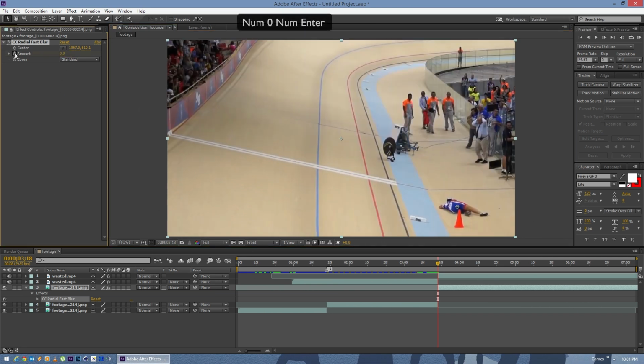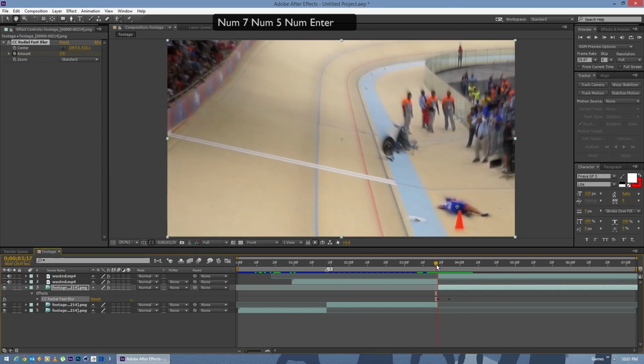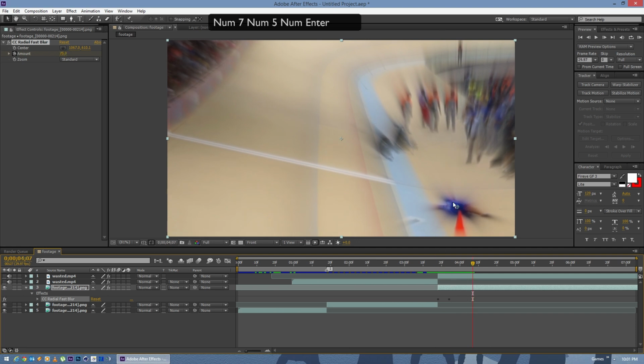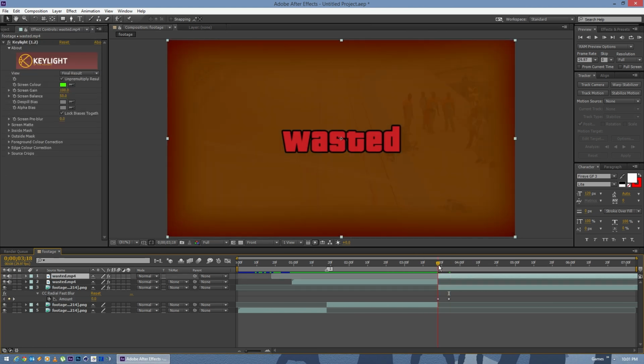Okay, and we're actually going to start at 0. Okay, and we'll go a couple frames, and let's kick it up to say 75. That way we get this nice blur kind of turning on us. Okay, so what we want to do is we actually want this to coincide with the apex of the wasted text. So I see I have it a few frames early, so I'm going to actually shift this over,